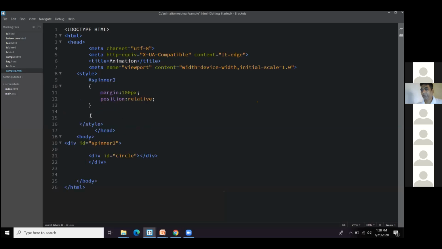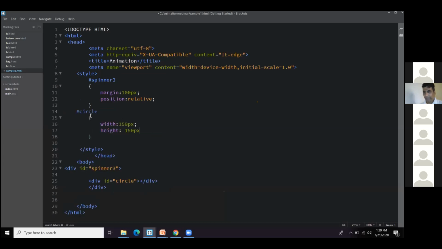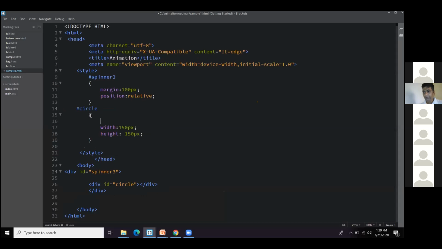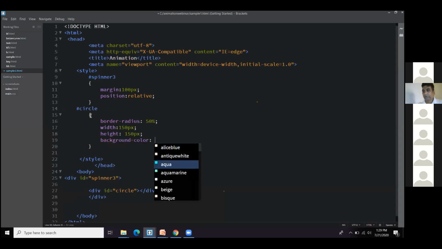Mention the width. We have to mention its height. Okay. I'll take the same 50% of height and width. So that is your circle. Let us give some color so that we can see our circle. I'll go with some aqua color.